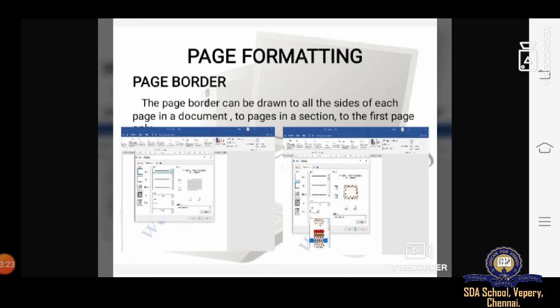By selecting the page borders, by creating new methods in your page border. The page border and border color can be set to make the document look more colorful. A page border can be drawn on all sides of each page in a document, to pages in a section, to the first page only, or to all pages except the first page. To apply a page border, first we need to